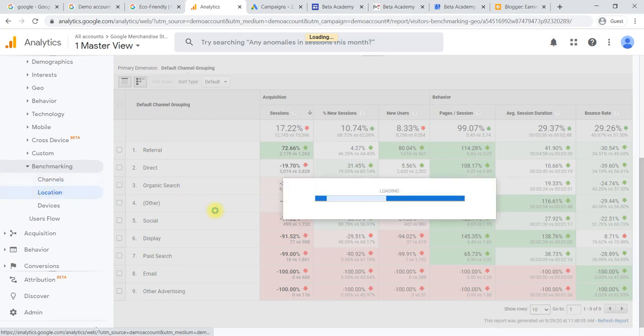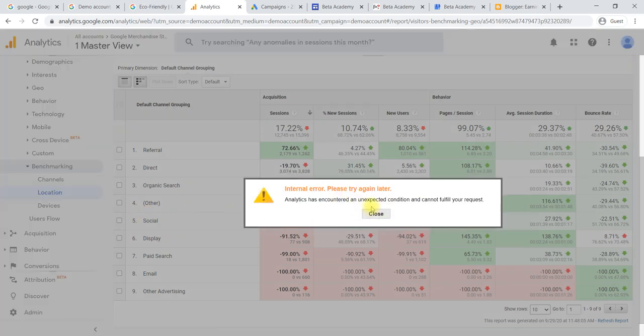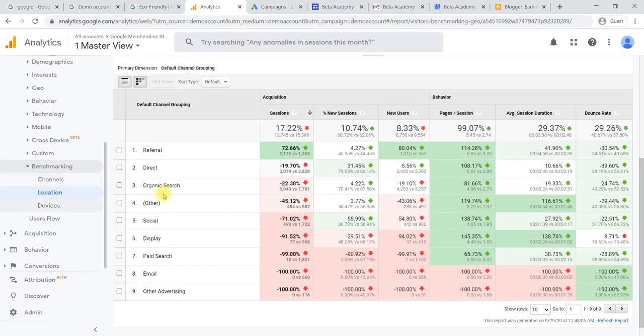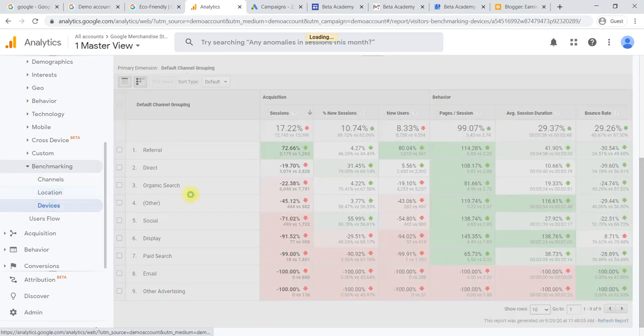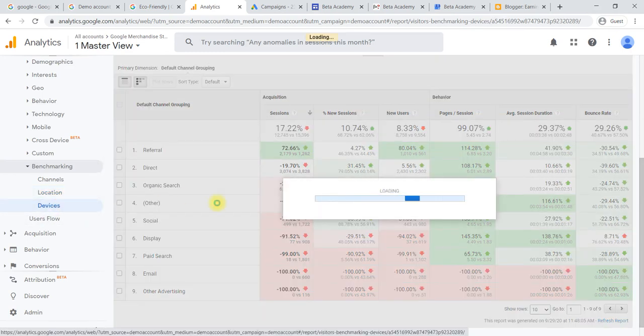When you select location wise, this will help you to change the strategies. In ad strategies we can change. Where you are performing poorly, like email marketing, you are down in email marketing. In a sense, we have to change the email marketing strategy. Like this, location wise also you will be able to get. Device wise also you are able to get to know about benchmarking. Benchmarking is nothing but comparing with the previous data.